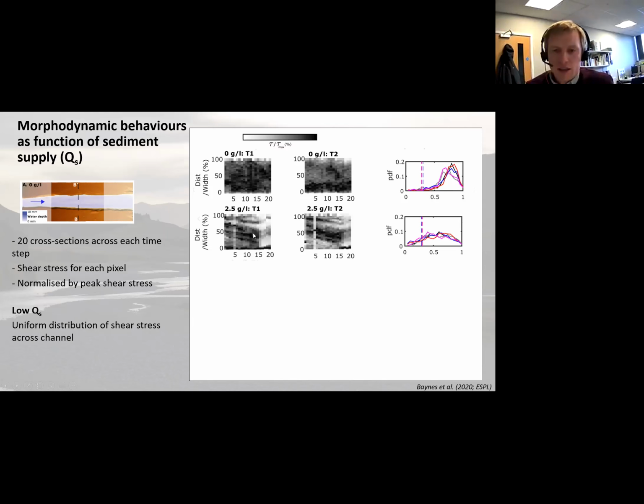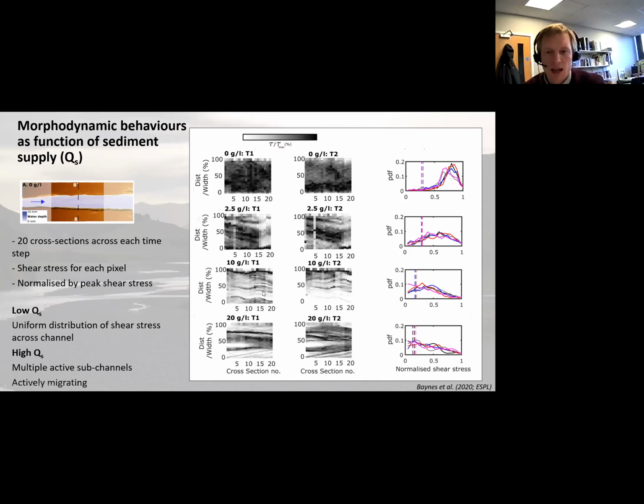This second line then shows the same data sets, but for the experiment with 2.5 grams per litre. Again, there seems to be quite a lot of areas of black close to that peak shear stress, but there's a bit of a flattening off of the PDF as things move down to maybe 0.5, 0.6. So it seems to be a slightly more varied distribution of shear stress, but still relatively uniform, especially compared to